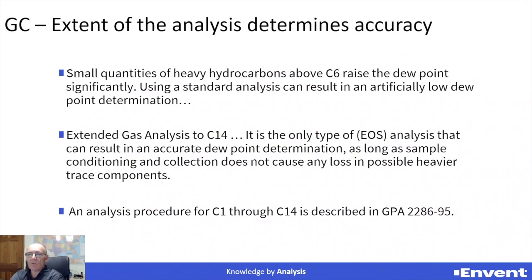So here are some notes of comment just to support the statements I've just made. The important one is the final bullet, that an analysis procedure for C1 through C14 is described in GPA 2286-95. So what they consider to be an accurate calculation through an equation of state would be for a C14 analysis. The heavies at the bottom end make a significant difference, which makes that C14 measurement an important